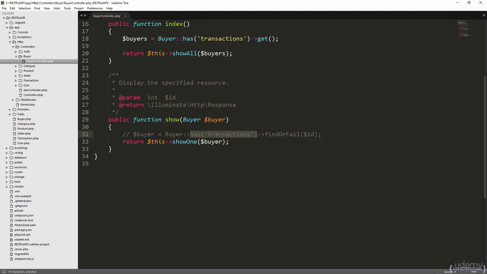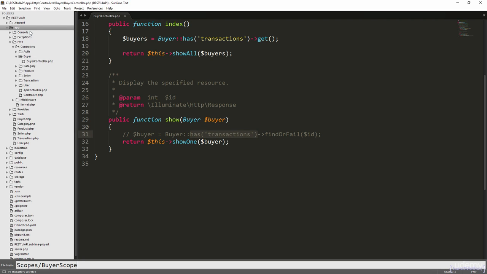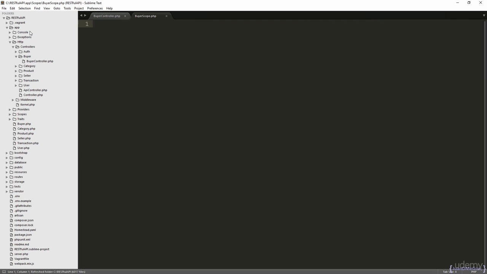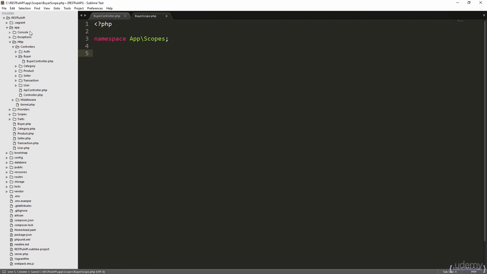The global scopes are basically queries or parts of the query that we can automatically add for the operations over a specific model. The scopes can be created in whatever directory we need, but to be consistent, we are going to create a scopes directory. And inside, we are going to create the Buyer scope. It is a traditional PHP class with a namespace